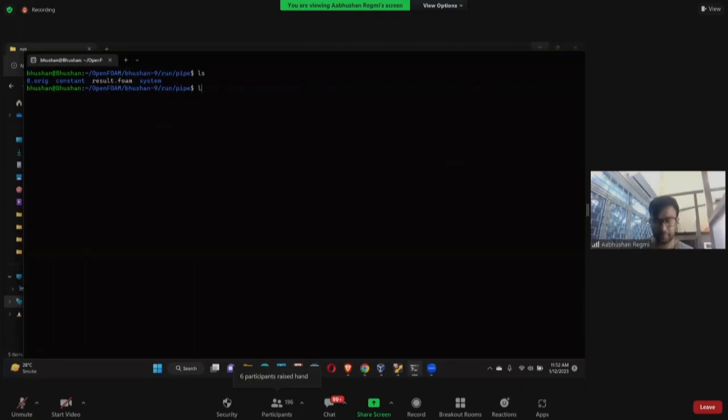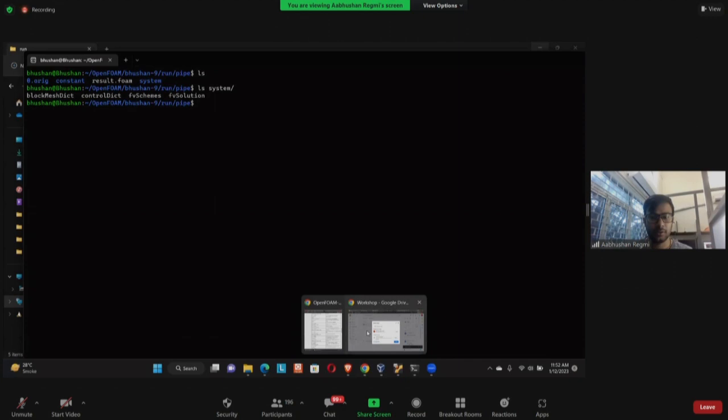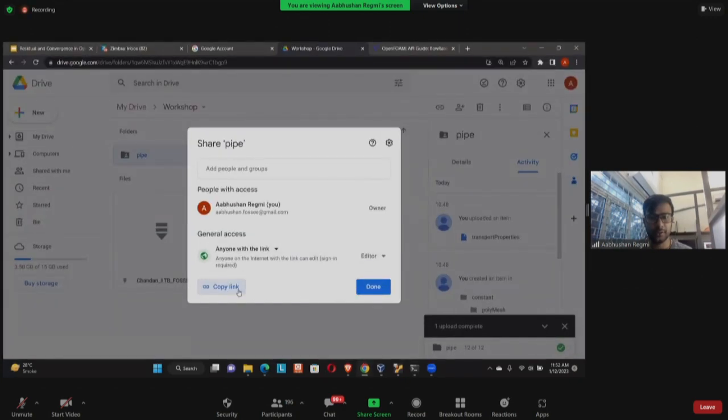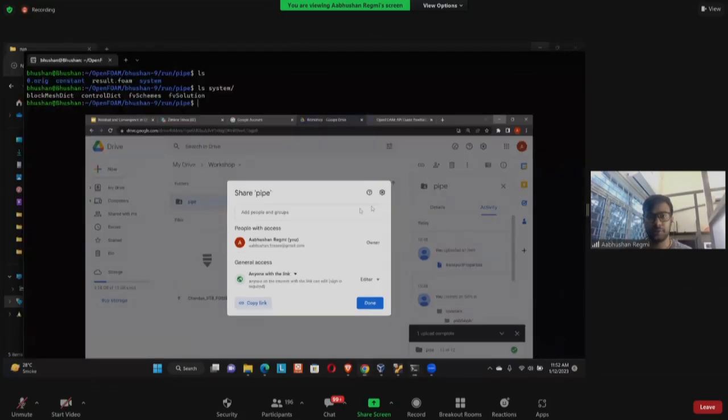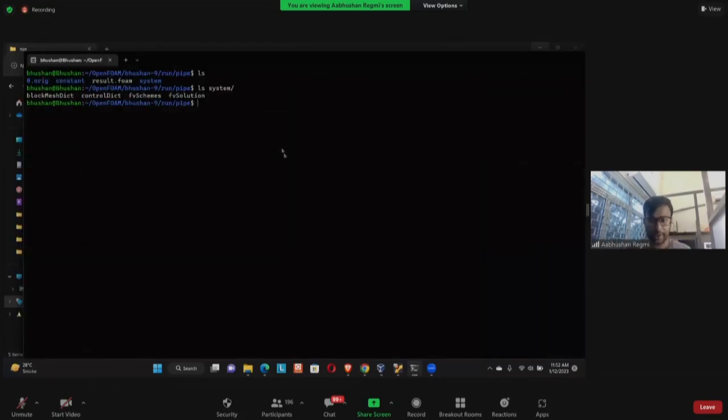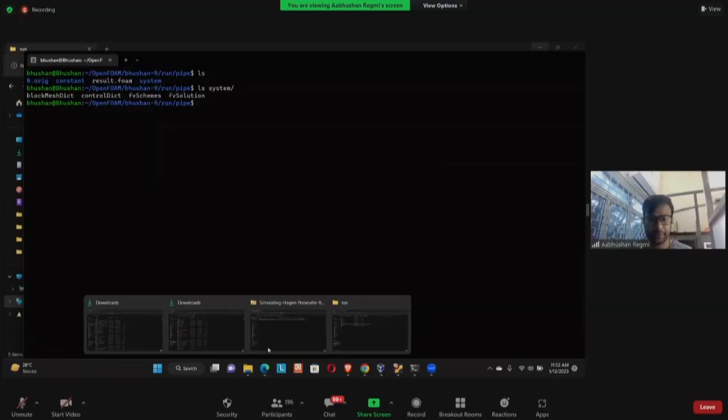So if you do LF system, it has the blockMeshDict file that was used to make the 3D pipe geometry yesterday. In case you don't have this file, I have shared a link of drive. I will say it again in the chat box. You can just use that. Now I have already downloaded the required files,